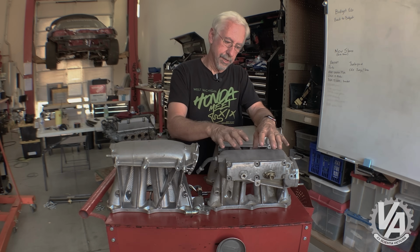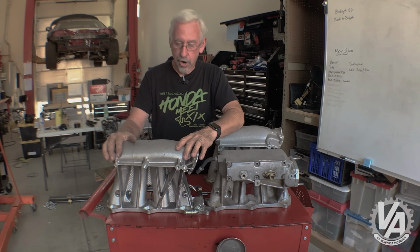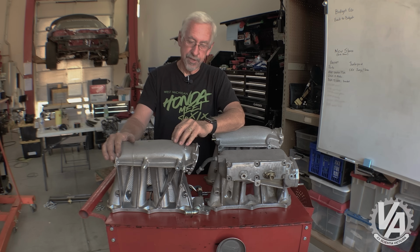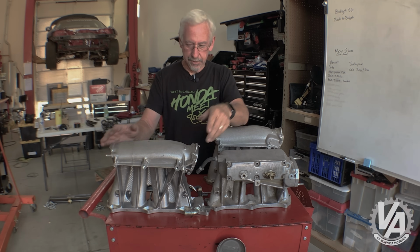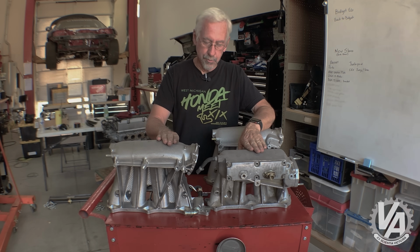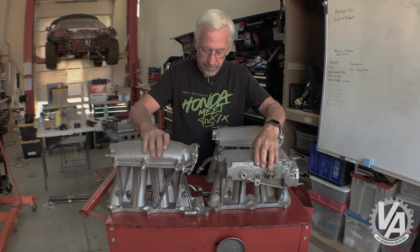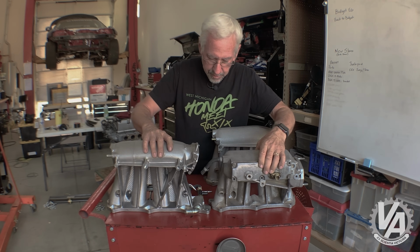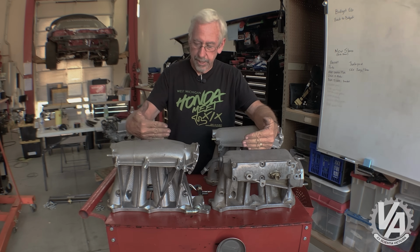Remember, there's a Type R version of this too with slightly fatter runners. And this actually is the RRC, which is the Type R version of the RBC manifold, which comes on the 06 Civic Si. But just having them side by side here, you can now see the height difference between the two of them. So this is a longer manifold, more likely to interfere with the radiator and stuff. If I line up the top edges of them, you can see that this one is going to be taller